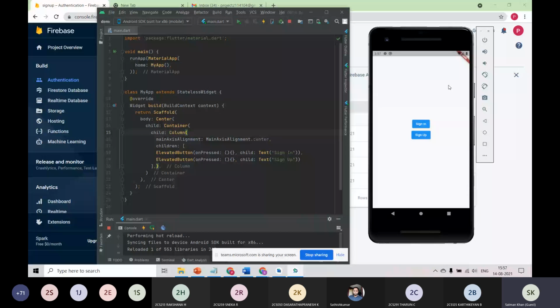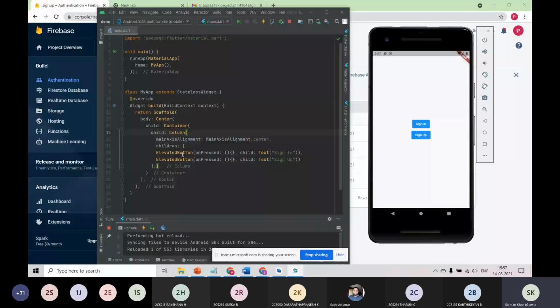And here I have not done anything. For example, in column, that should be children, and the children should be two buttons. And the most important part you need to understand is that in Flutter you cannot write your own code as you think. For example, in Java, if you are given an odd number or even number program, you can just write it on your own. But that type of thing is not in Flutter. In Flutter, you should have deep knowledge of the documentation.